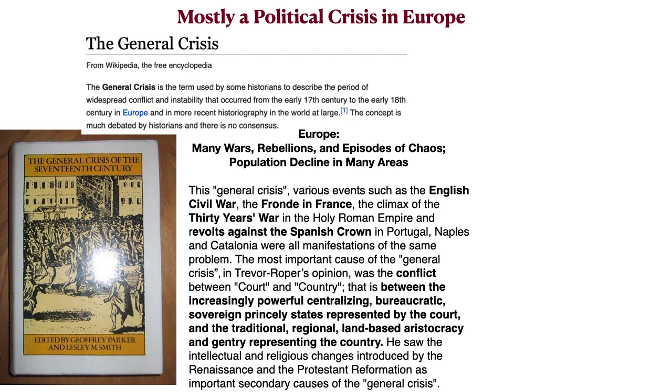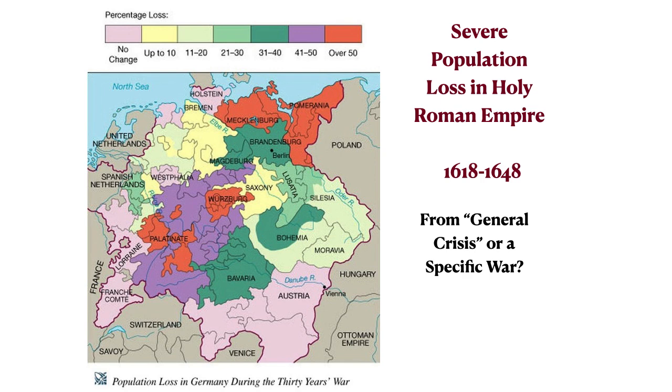But these kinds of conflicts were sort of always there. Why did they intensify here? Was it because of the Little Ice Age? Perhaps. And for population loss in Europe in this period, it's really important to note one conflict in particular, the Thirty Years' War from 1618 to 1648, in which the Habsburg Empire or Austrian Empire, whatever you want to call it, and its allies were fighting against France and Sweden. Other countries were involved. Very complicated wars. Actually, sort of four wars through this period of time.